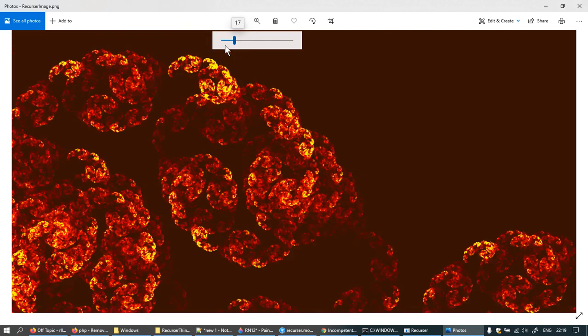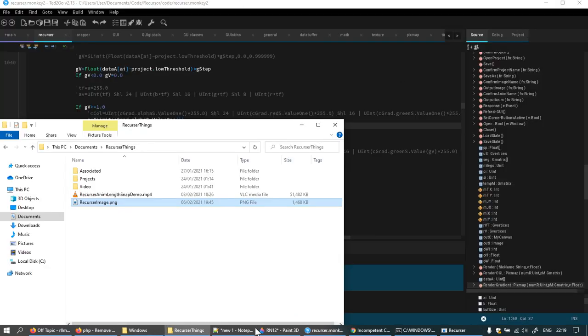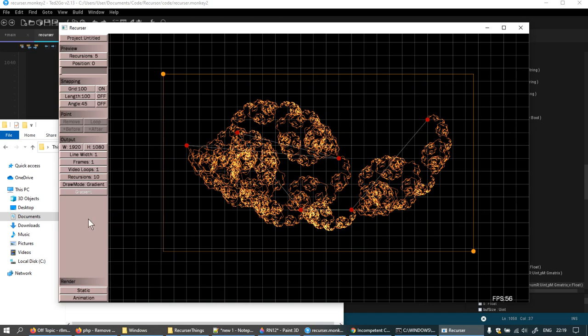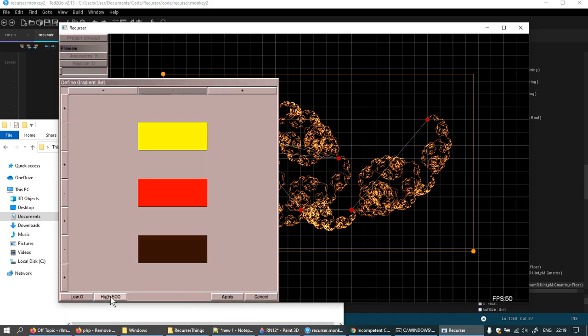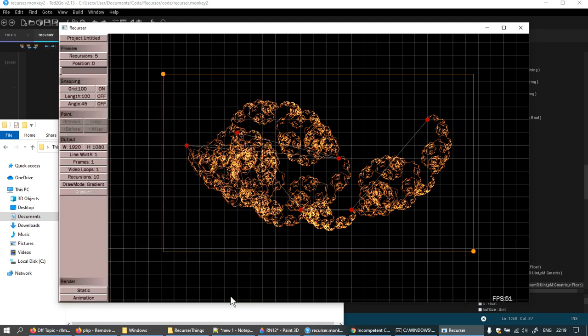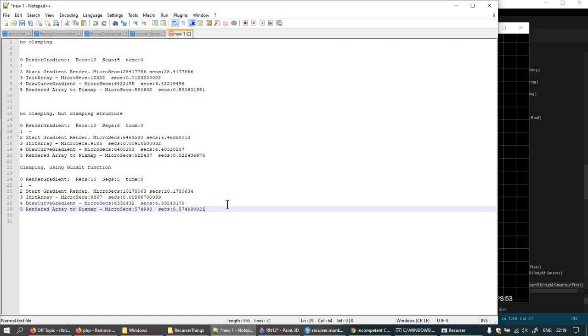Now one thing that I did in this render, because I was playing with it, trying to figure out, is I set this high to 500. Now I'm going to set it back to -1. I'm going to apply it, I'm going to render it again. I'm going to make a little note here. Same, but with finding highest value. I'm not sure that my finding highest value,